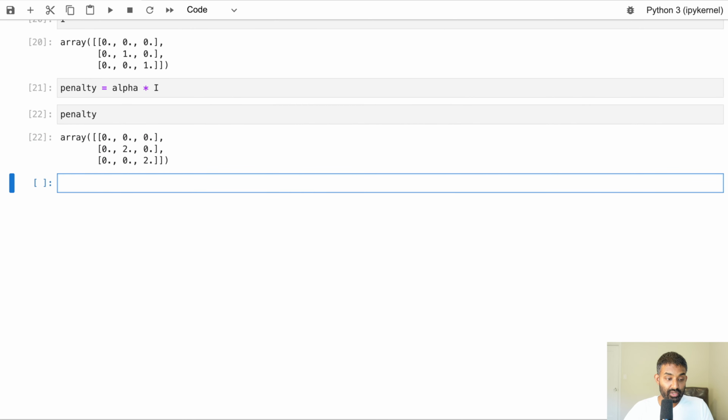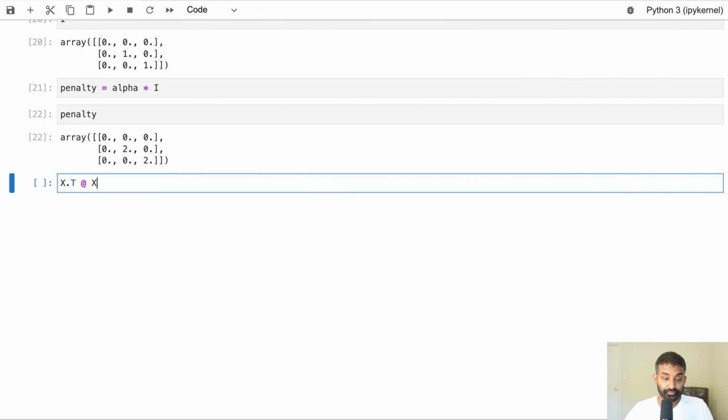Now we can actually implement the equation to solve for B. So if you remember, that inner part of the equation is X dot T, so X transpose, times X. And I'm using this at symbol here for matrix multiplication. So you can't use the normal multiplication sign. Matrix multiplication works differently from normal multiplication. And if you check out that linear regression video in the description, you'll see how matrix multiplication works for linear